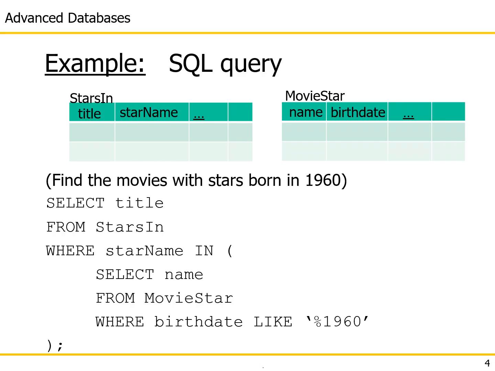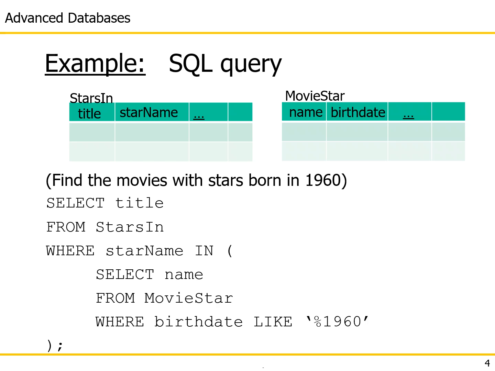There will be a movies table, for example. But I'm only showing here the two relevant tables to my query. The stars in table will have a title for the movie, and the star name is this name. So the two tables are linked by some foreign key. Now, if I want to find all the movies with stars who were born in 1960, I'm going to write